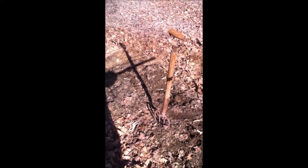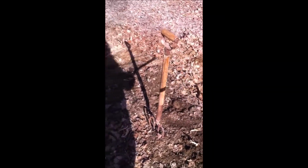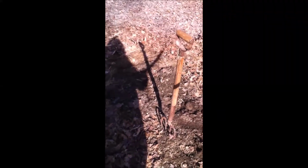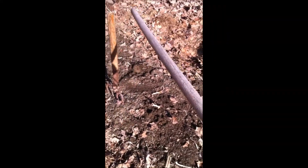Well, here it is, 28 minutes later, and I'm still out using my 4-pronged pitchfork, and my garden rake as a wooden handle to vibrate the soil and charm some worms. I got a total of 4, and this 4th one,